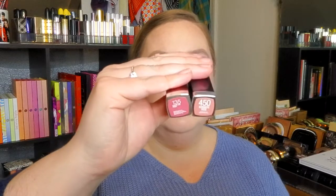Now I'm going to go ahead and put on several coats of mascara and put on some lipstick. I think my two choices for that will be Maybelline Make Me Pink or Romantic Rose. I'm not sure which one I want to go with, but...